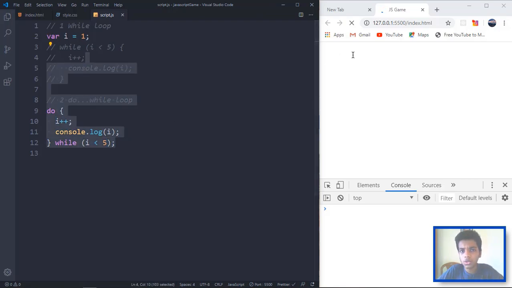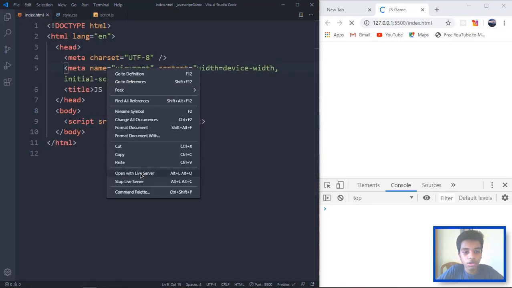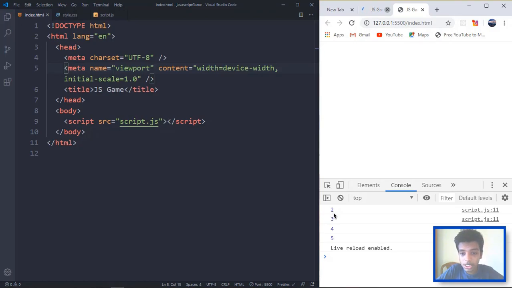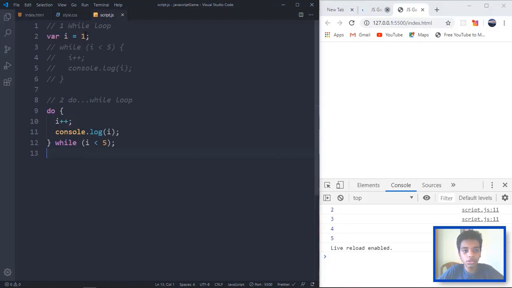As you can see, it's loading. It's because we did not do this from scratch. We are using the live server. So I'll open this up with live server once more, so it will work that way. If I open up my console here, you can see it's 2, 3, 4 and 5, but as I told you,